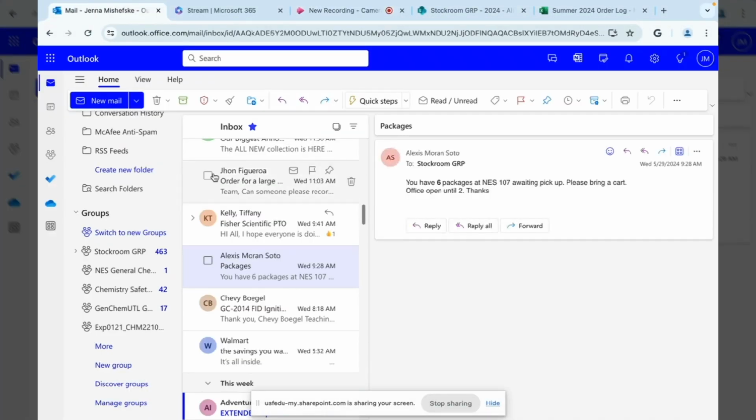Okay, so today I'm going to show you guys how to receive a package and all the necessary steps. I'm going to be going from screen sharing to showing a video on my phone, so it's going to be going back and forth a little bit. But here, the first step when you know you have to get a package is you're going to get an